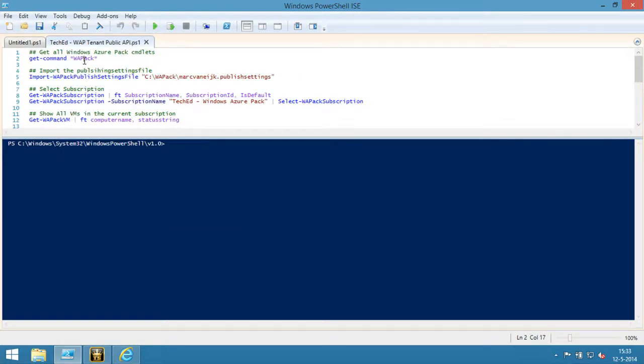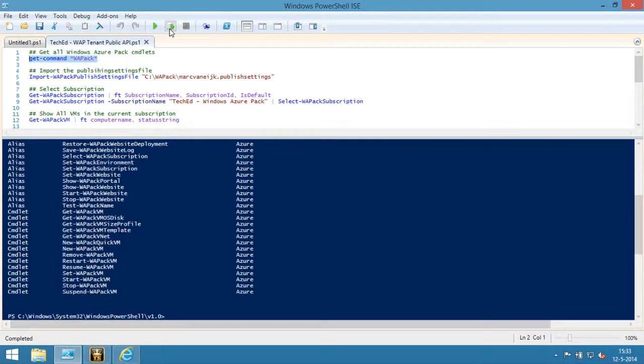What I have installed is the Windows, or I should say Microsoft Azure PowerShell that you can download over the internet. And what a lot of people don't know, it does contain PowerShell cmdlets for Windows Azure Pack as well. So if you want to do this, just install the Windows Azure PowerShell module. And first of all, let me import